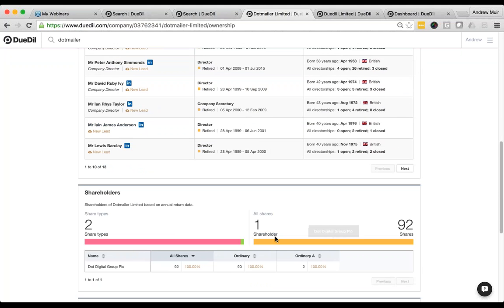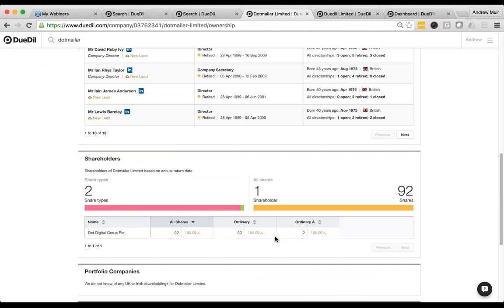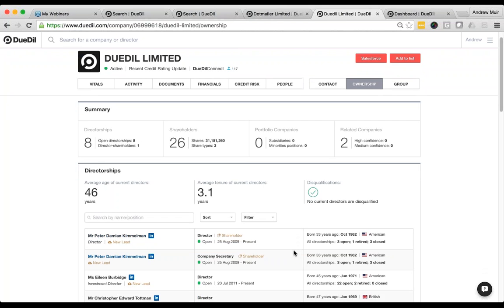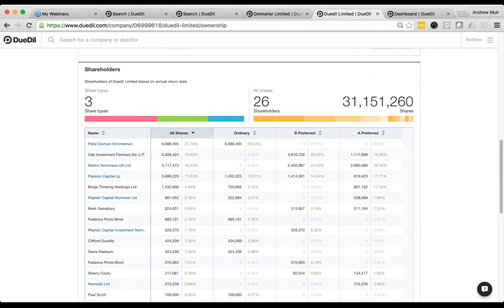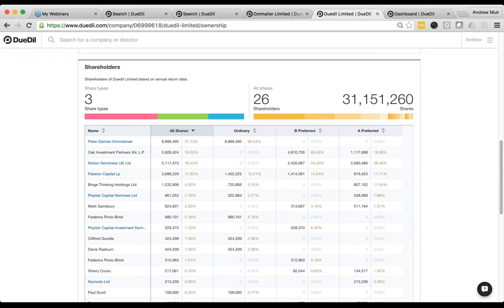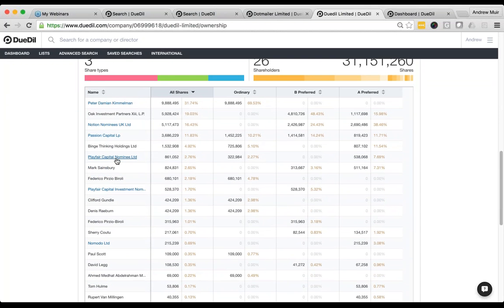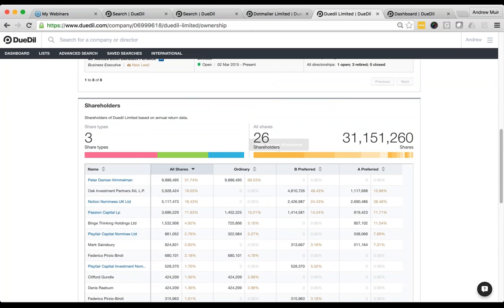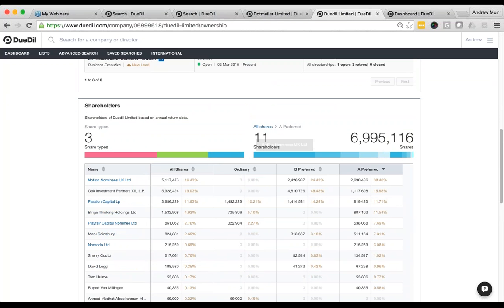We also have the shareholding structure. Now, for .mailer, it's not very interesting, so I'm just going to show you on another company, which is actually DueDil itself. We had several rounds of funding, so our shareholder structure is much more complex now. And we can see the investors that we have, for example, how much share they own. And you can see different types of shares. So if I say I only want the A preferred shares, I'm going to click here and it's going to select here. That's a new feature that we released about a month and a half ago. And we really think it's going to power a new kind of due diligence in terms of understanding of ownership of a company.